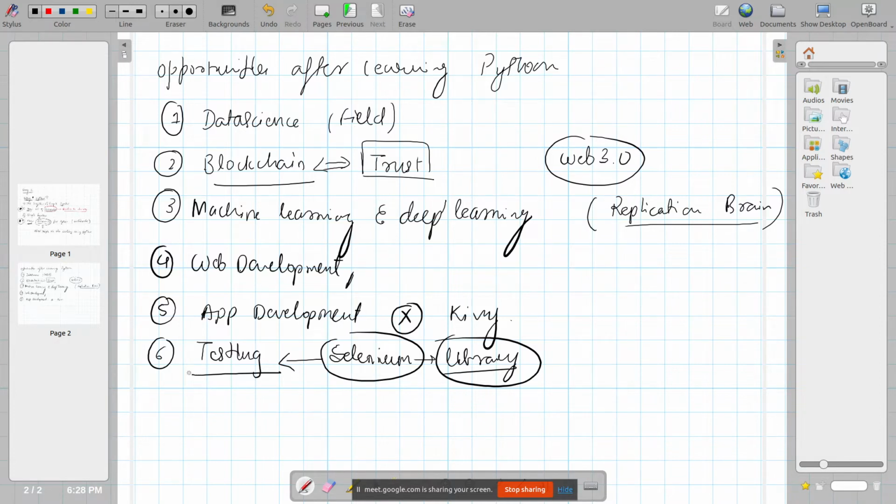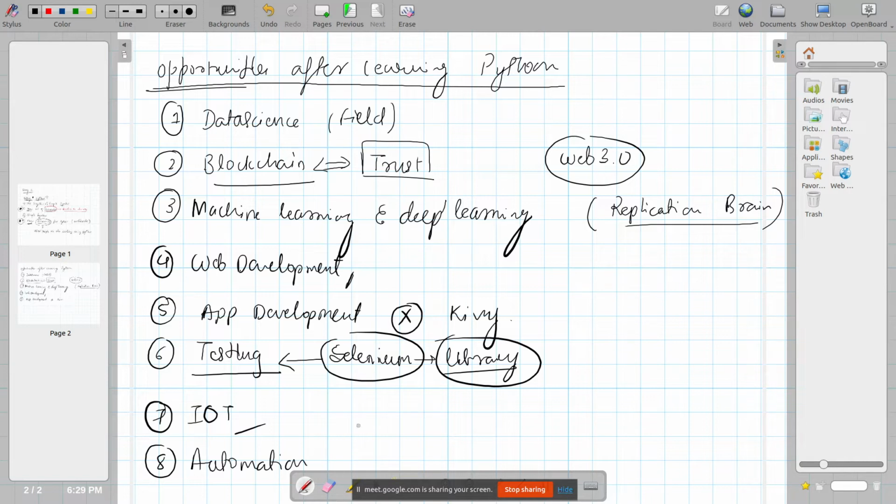So we can do testing, we can do lots of other stuff also, not only testing, but I told you testing is one of the fields through which you can go ahead using Python. Okay, so apart from this there are lots of other fields inside which you can go with Python, but I just told you some of the popular ones that are available. Okay, so you can use Python in IoT also, it can be used in Internet of Things, then it can be used for automation stuff. It is widely used for automation. Okay, it is used in robotics and all. It is used with hardware like Raspberry Pi and all those kinds of stuff. It is used for lots of automation.